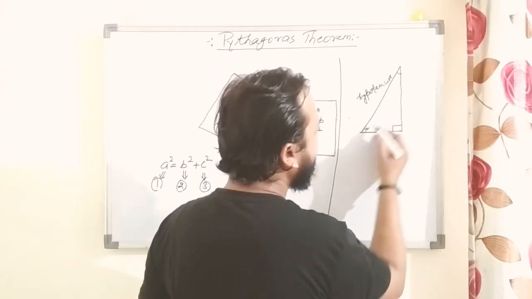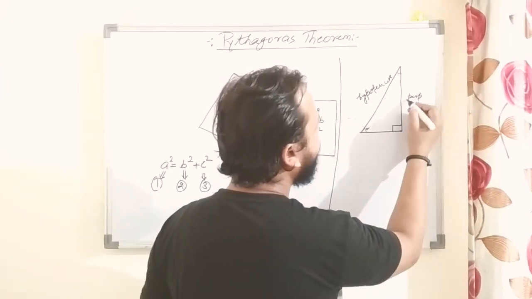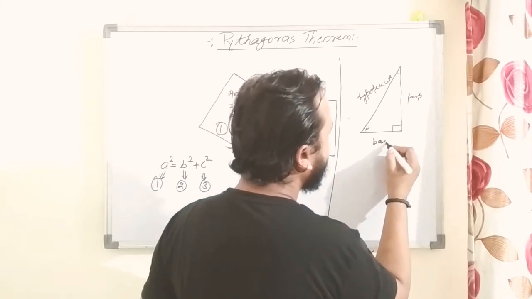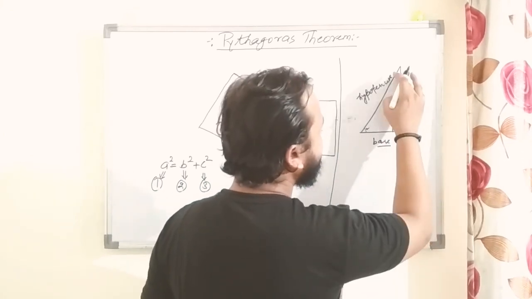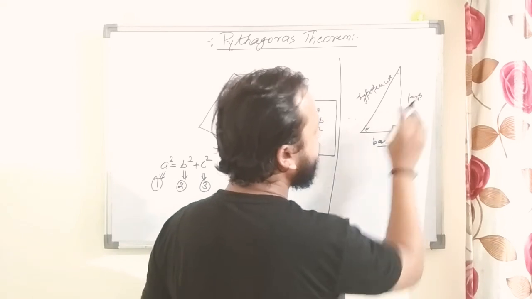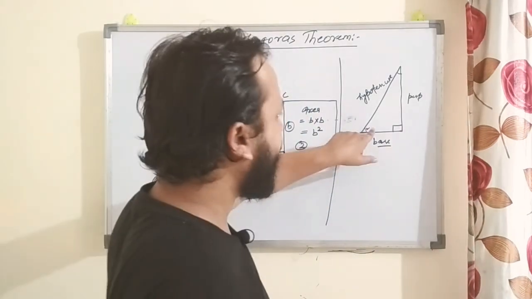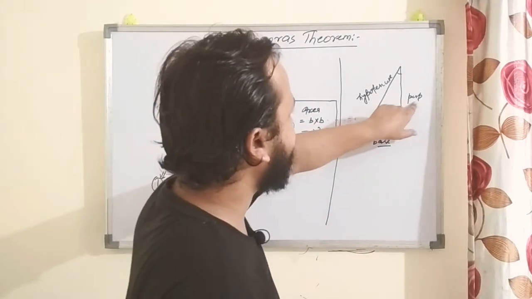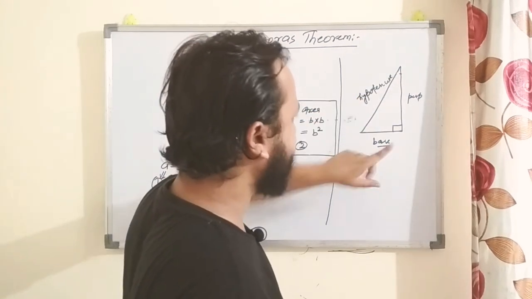If we take this angle, this side is perpendicular and this side is base. And if you are taking this angle, this side is perpendicular and this is base, right? So if you take this as a perpendicular and this as a base,